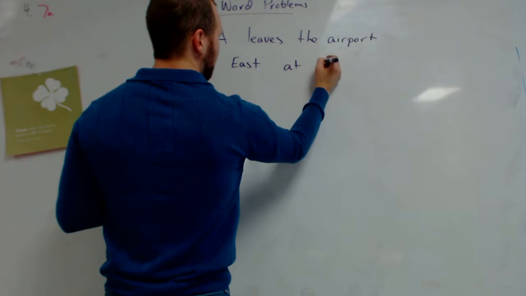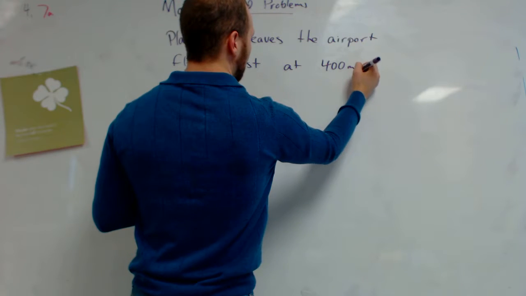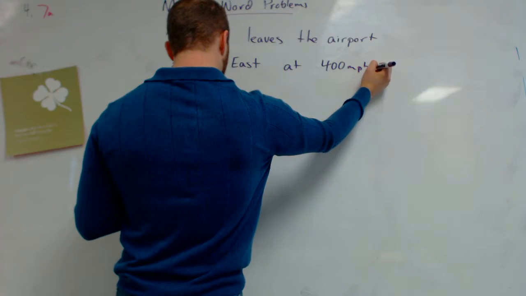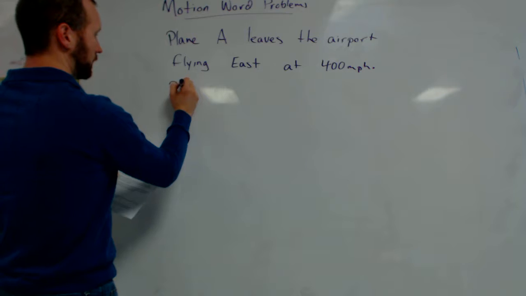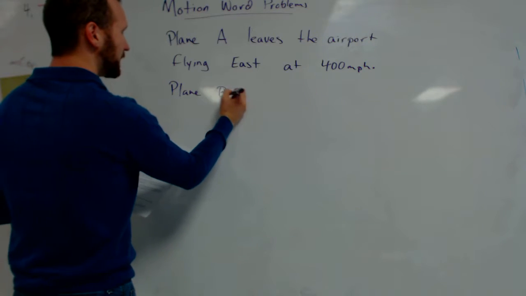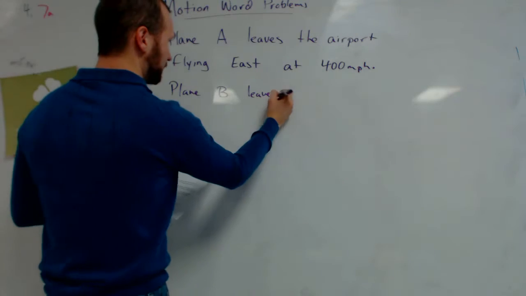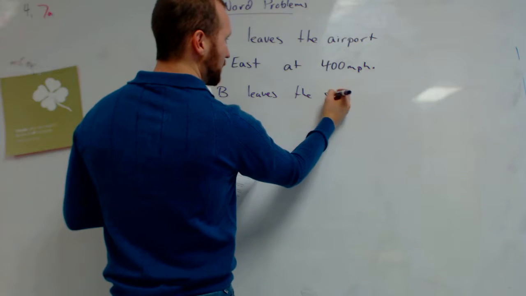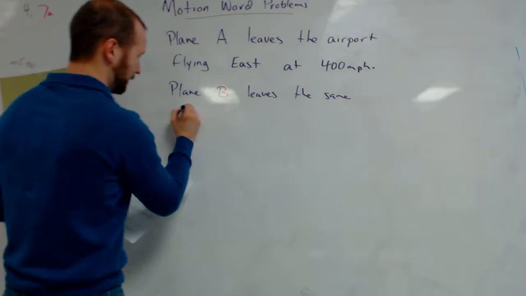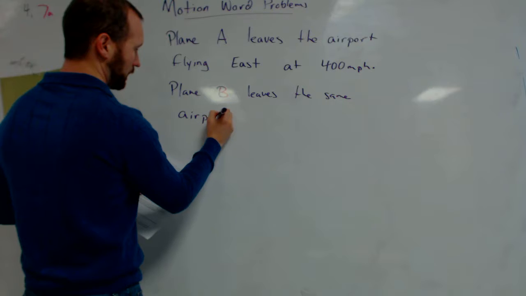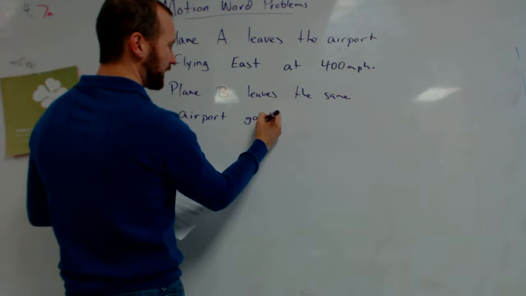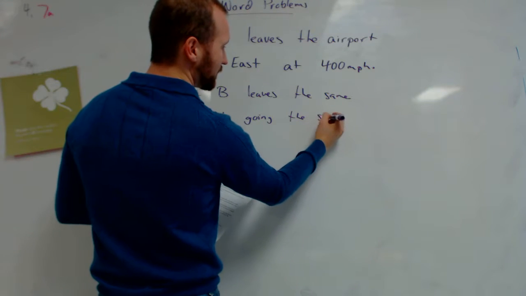At 400 miles per hour. Plane B leaves the same airport going the same direction